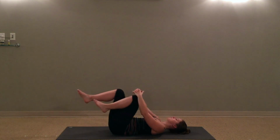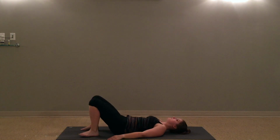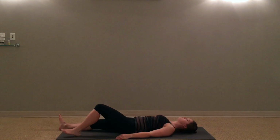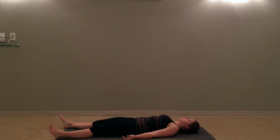Doing whatever you need. When you're ready, we'll take the legs down the length of the mat, taking the feet slightly wider than the hips so that the toes can fall out to the sides. Hands can come down by the hips, palms facing up, relaxing the body into the mat. We'll close the eyes,